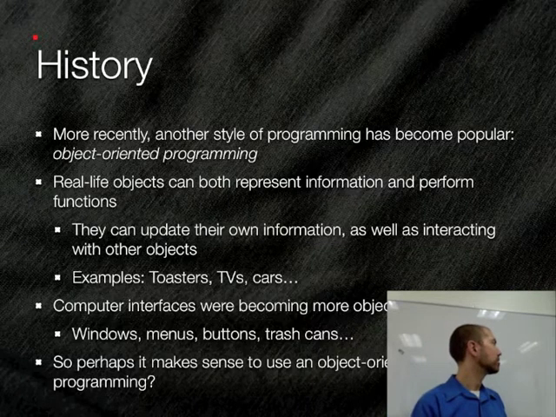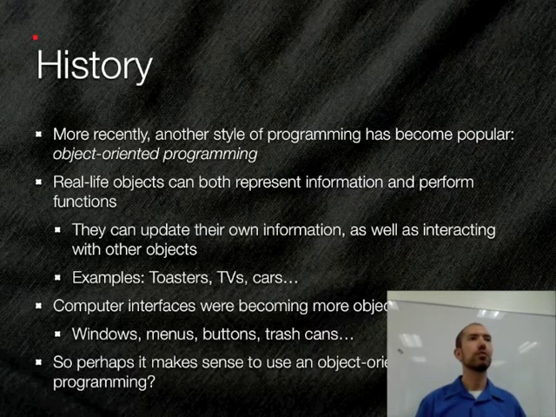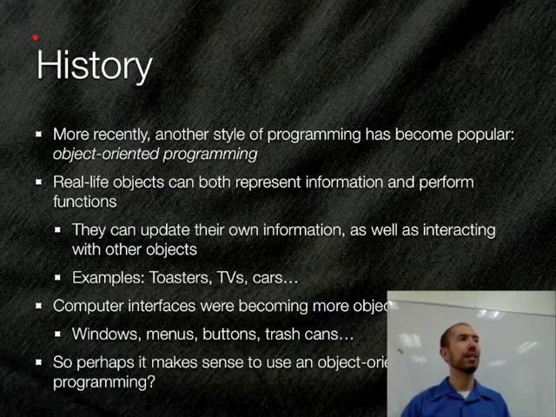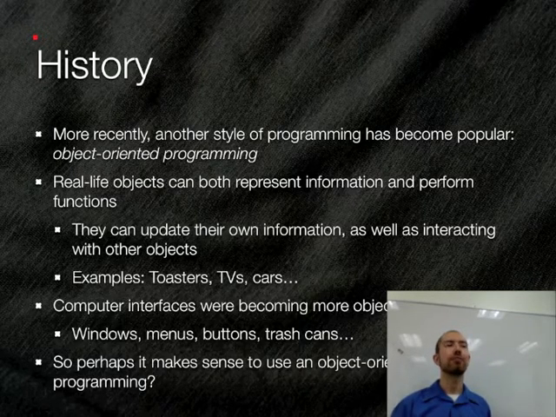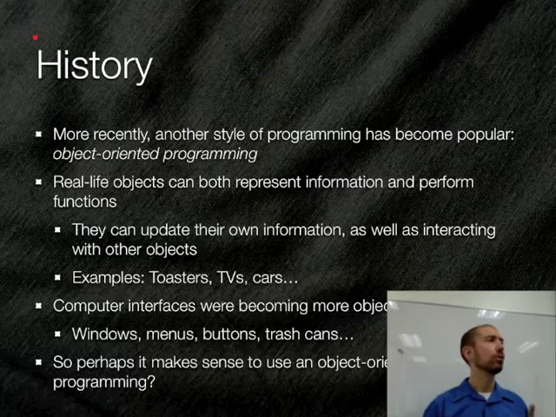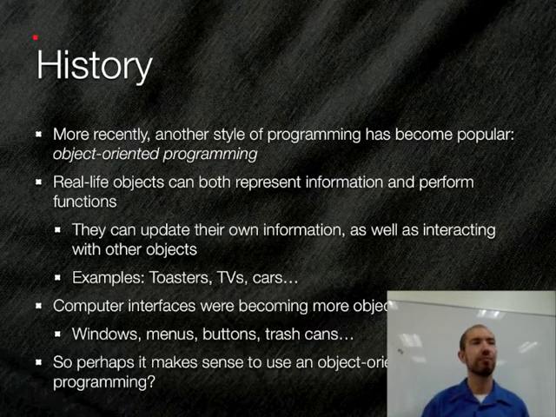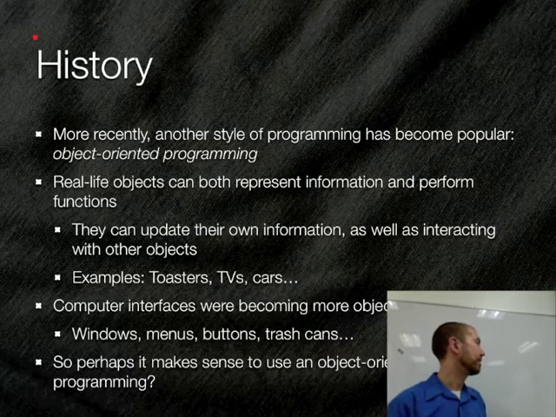an object, right? So then if you had a window object, this window object would be able to move itself around, would be able to zoom and minimize, it would maintain information about itself, like how big it is, what kind of window it is, like whether it's a dialog box that you have to dismiss with buttons, what kind of stuff it contains, and so forth, right? What program it belongs to, all that stuff.